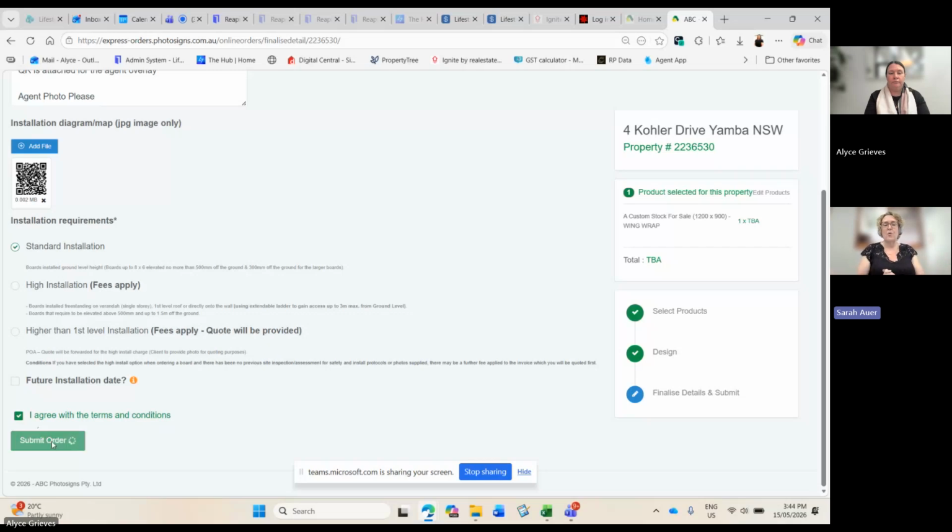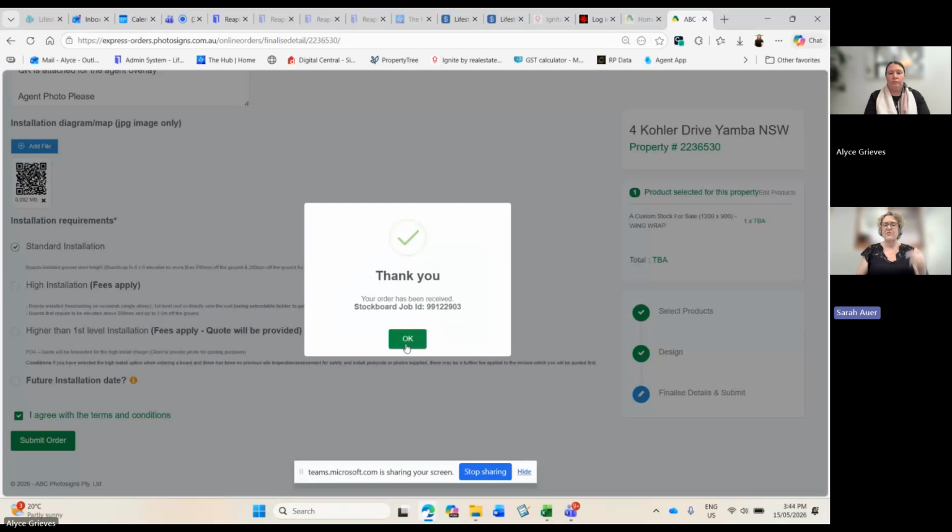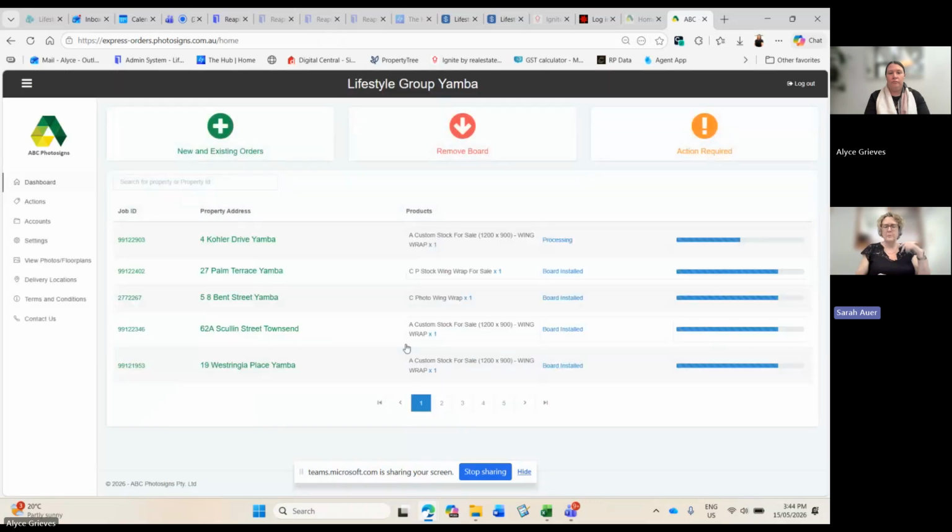simple as that. A stock board is really easy to order, but you need to make sure that you've got all of those details. You need to make sure that you've got your QR code attached as a JPEG. In that installation box. Now, if you haven't got the property live yet on our website and you need to know how to create a QR code for it, a simple way to do it is